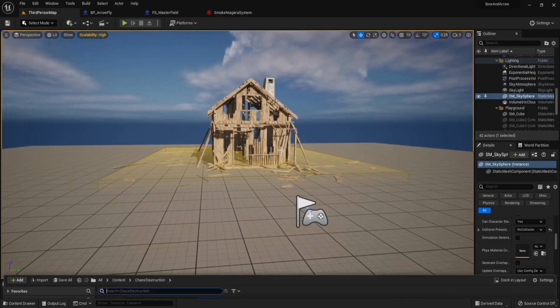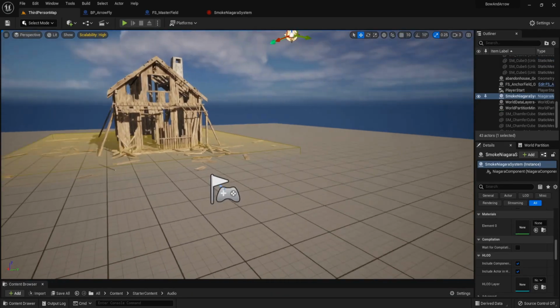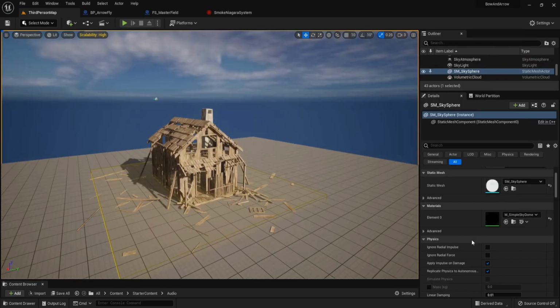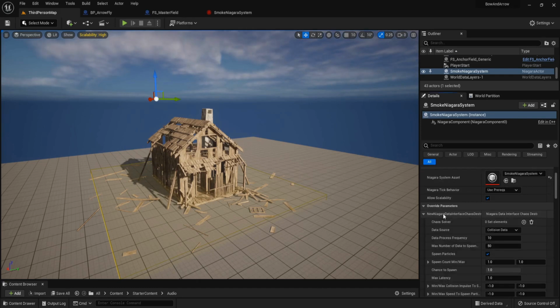And let's drag this Niagara system inside our scene. Can move it anywhere. Click on this system. On override parameter, we choose trailing data, and max number of data spawn is 25.